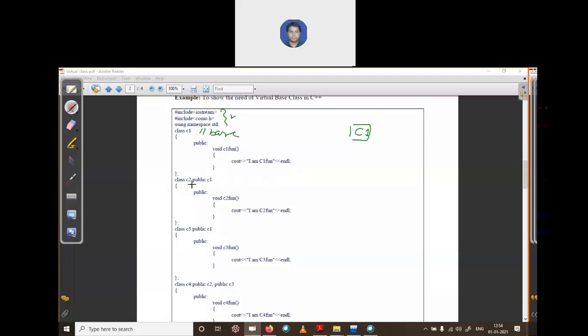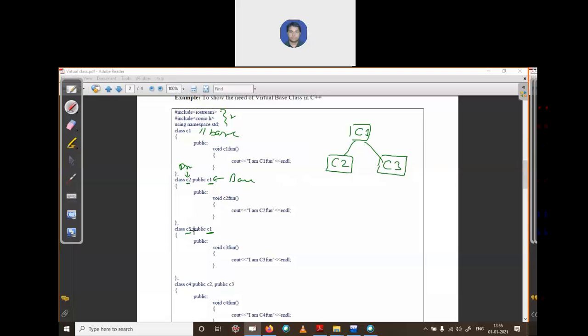Now I just create a class C2. As you can see, I'm creating class C2 from class C1, which means C1 is a base class and C2 is a derived class. So C2 we have derived from C1. Again, I'm creating one more class C3 from C1, so C1 is deriving one more class C3.